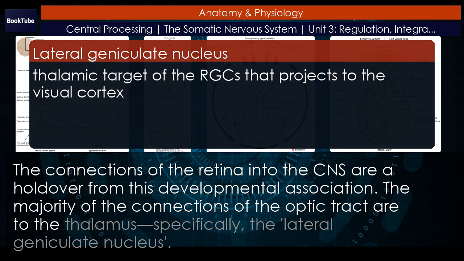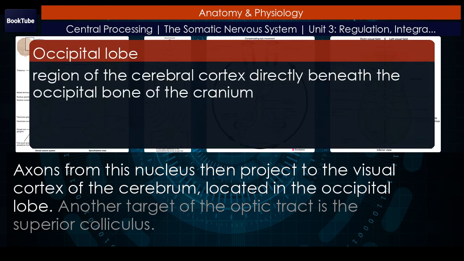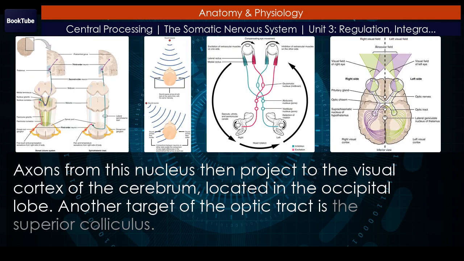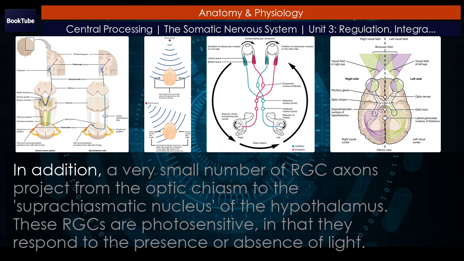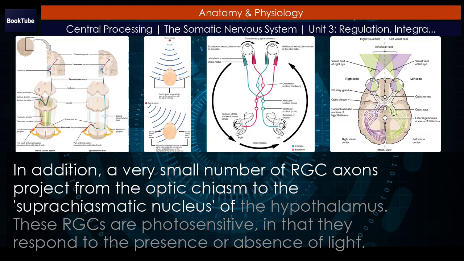Specifically, the lateral geniculate nucleus. Axons from this nucleus then project to the visual cortex of the cerebrum, located in the occipital lobe. Another target of the optic tract is the superior colliculus. In addition, a very small number of RGC axons project from the optic chiasm to the suprachiasmatic nucleus of the hypothalamus. These RGCs are photosensitive